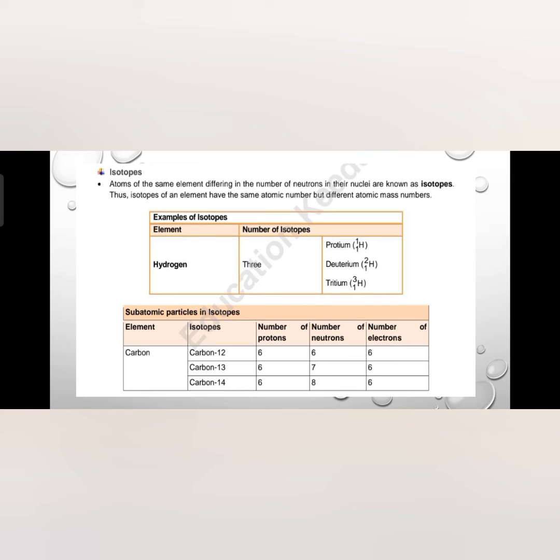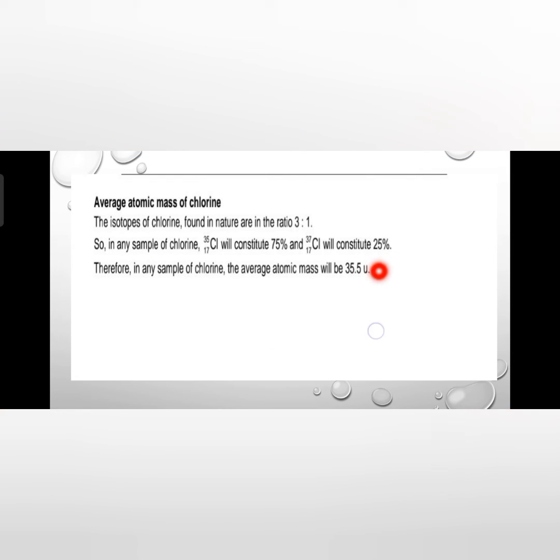Now let us take a look at the properties of isotopes. Isotopes have similar chemical properties, meaning isotopes have the same atomic number, that is the same number of electrons and protons, hence the same electronic configuration. Chemical properties are determined by the electronic configuration of an atom, thus isotopes of an element are chemically alike. Example: a chlorine atom of mass number 37 undergoes the same reaction as the chlorine atom of mass number 35. Isotopes differ in a few physical properties such as density, boiling point, etc., but it is almost the same.